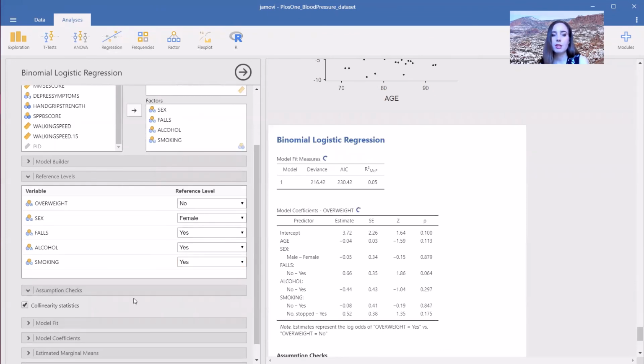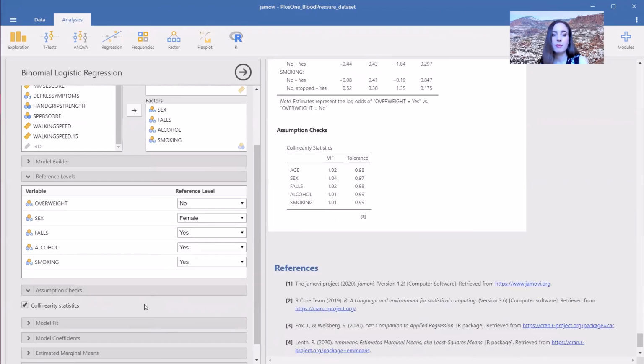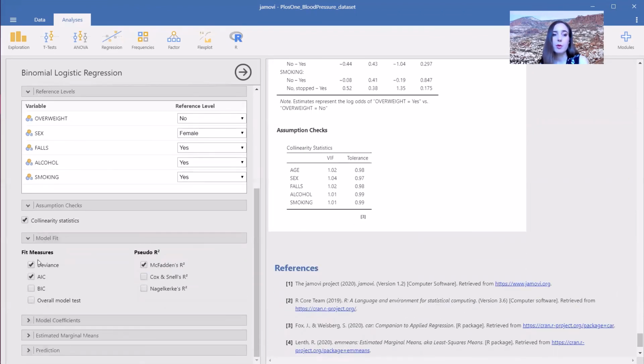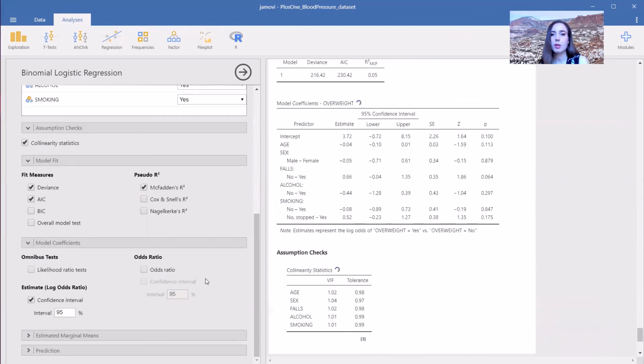I can check my collinearity, check my variance inflation factors, my VIF, have a look at my model fit, and bring through, I like my confidence intervals. So I'm going to bring through my confidence intervals for my log odds, my odds ratio,